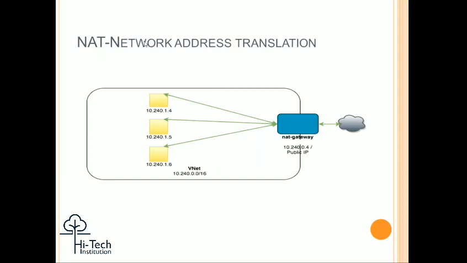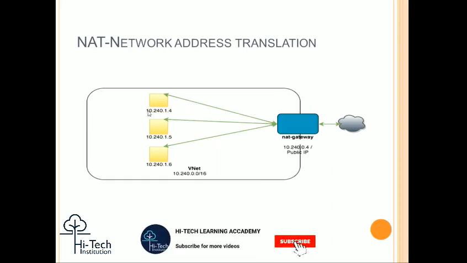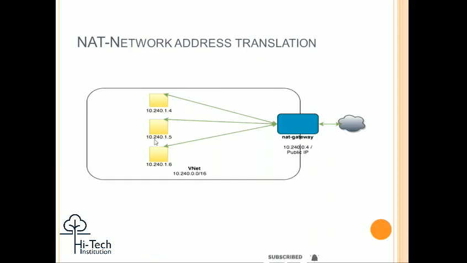Consider this is the public, the people, whoever is trying to hit the particular server. In that scenario, what's going to happen? There is one NAT gateway between your VNet and your virtual machines. The NAT gateway has some public IP along with private IPs. The same series network like 10.240.1.4, 10.240.1.5 and 10.240.1.6, I'm having the same virtual machines. All three machines have only a private IP, not a public IP. All three machines are connected under my NAT gateway.